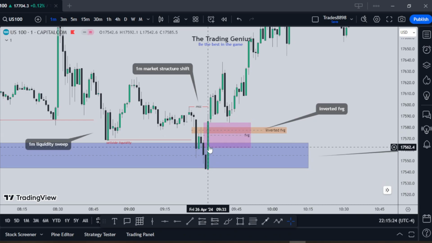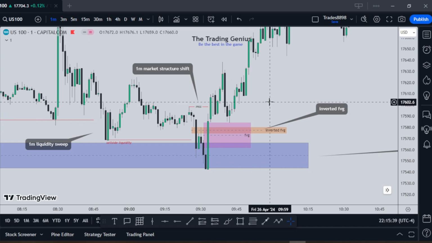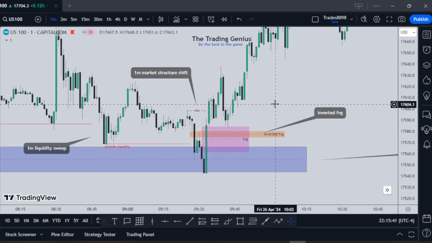We have price push to the upside, created an inverted fair value gap, and also created what? Market structure shift, right? And then price went to the upside, never coming back until this right here, coming back into what? Fair value gap right there. So now we have 4 confirmations that we wanted to see in order for us to take a long entry,